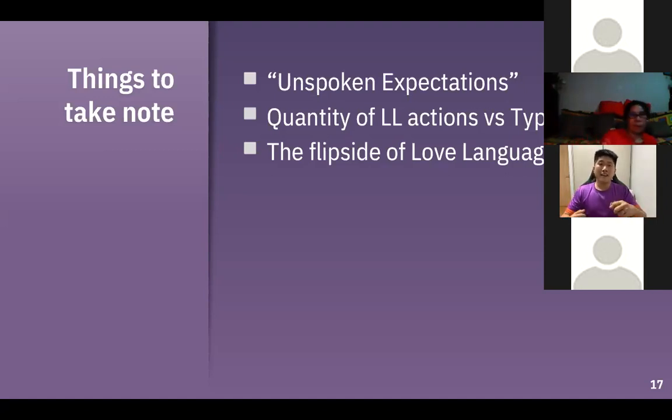After that, my wife stopped doing the housework altogether. Because in her mind, it's like, you know what, I do it for what? Even though I know his love language is acts of service, he keeps on complaining about the way I do the housework. So if that's the case, I won't do it. Maybe that will make him happier.